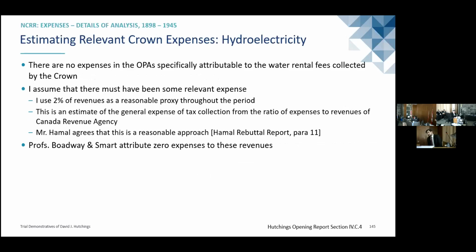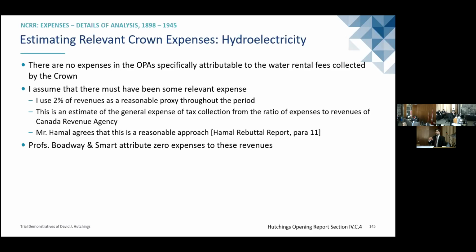Right, so the next topic here on slide 145 is hydroelectricity. I think it's important to remember that the hydroelectricity revenues we talk about are the revenues that hydroelectric companies, private or public, including HEPCO, paid to the Crown for using the water to make the power. So I'm not talking about the expenses of those companies of operating, right? That would be getting into their